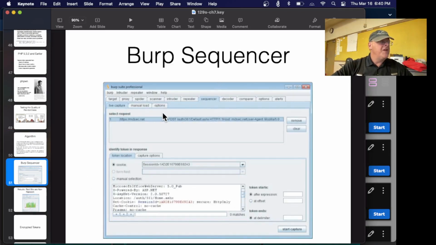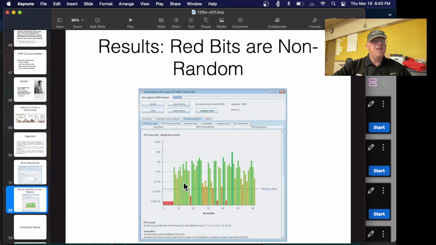So Burp has a thing called Burp Sequencer in the Pro version that will try doing this and actually test every bit of something to see how random it is. And they were able to show that this system had good random bits, but some of these bits are always 0. So maybe it's supposed to have 32 random bits, but they aren't all random. So it has less entropy, they say. That's what entropy is, the measure of disorder. And for random numbers, you want a lot of entropy. If you don't have enough entropy, then there aren't really that many bits that vary, and you can try them all.